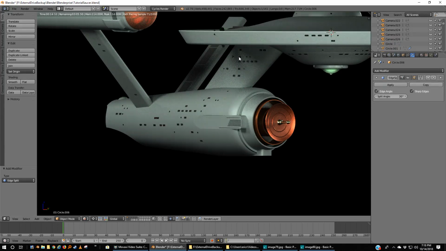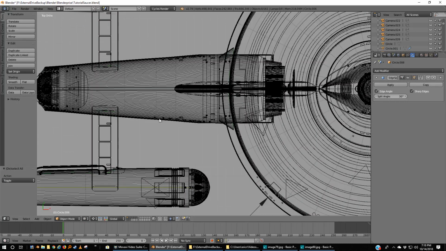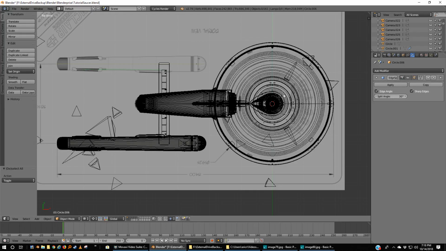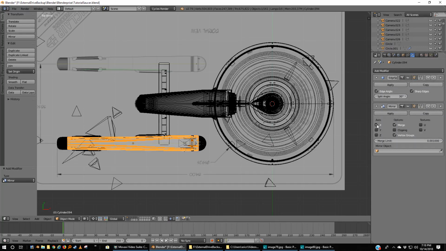So what we're going to do is what I was doing down here with all of these items. We're going to try and mirror everything. All right, so our cursor is still in the center. I'm going to pick this. Wonder what happens. Let's see here. Let's add a mirror. And X is not what we want. Y is what we want. But yep, nope. All right, so before I do that,